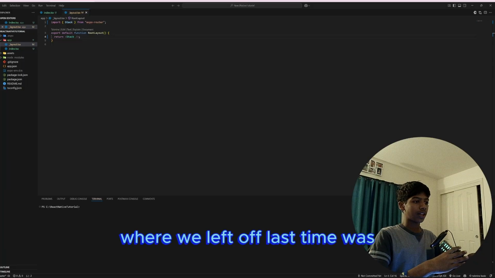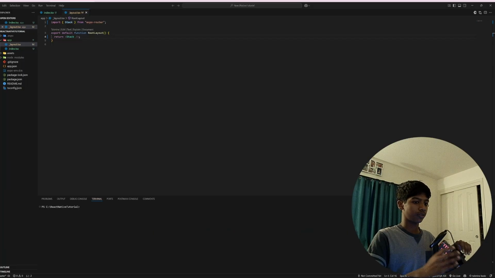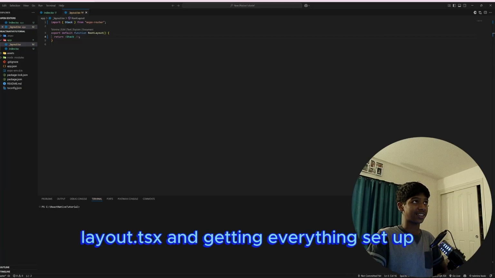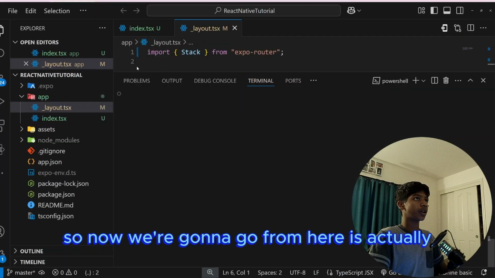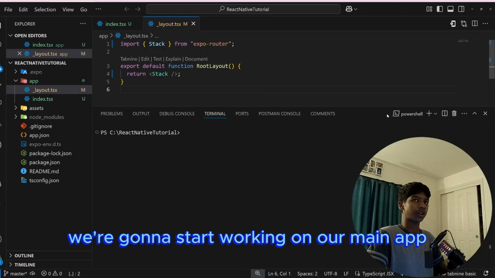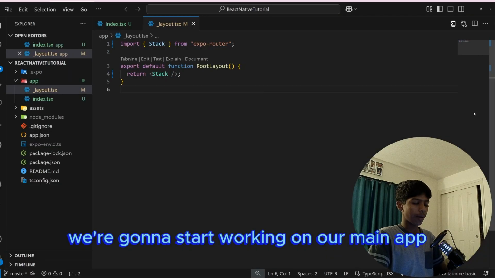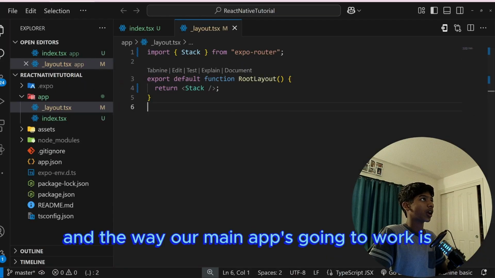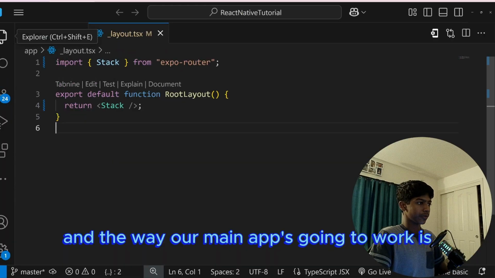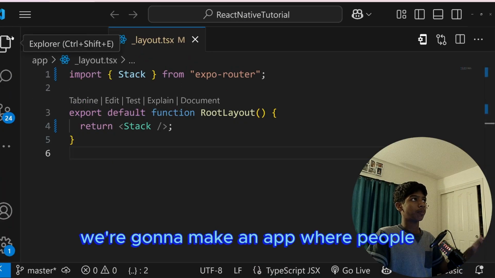So where we left off last time was finishing up the layout.tsx and getting everything set up. Now where we're going to go from here is we're going to start working on our main app. And the way our main app's going to work is we're going to make an app where you're going to